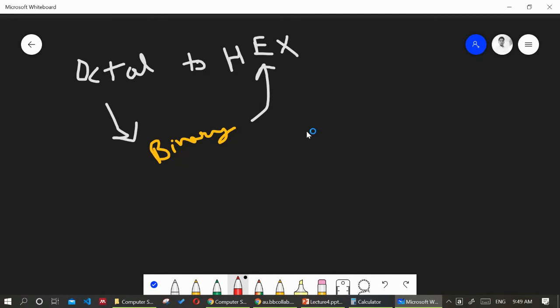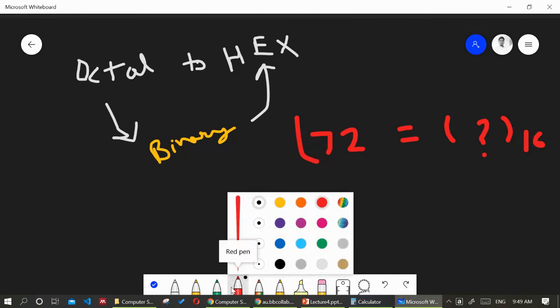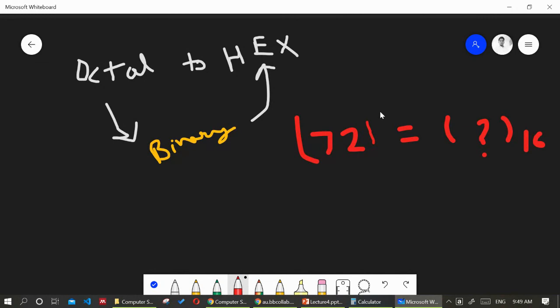So suppose you take a number in octal as 721. Now we have to find out the hex equivalent of this number. This is in octal, and we have to convert it into a hex number. So now simply write the binary equivalent of this.